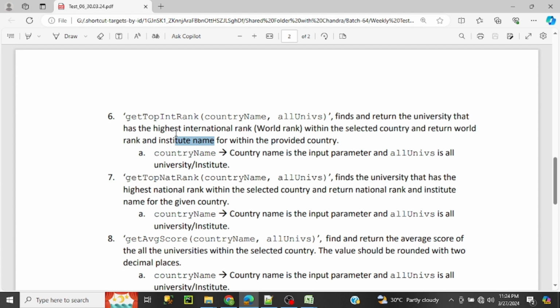Okay, and now the seventh question: get top NAT rank. For this question, we will have a function called get top NAT rank, and this function accepts two input parameters. One is country name, another one is all universities. It is quite similar to the sixth question, but here we are asking for the national rank. So here the question is